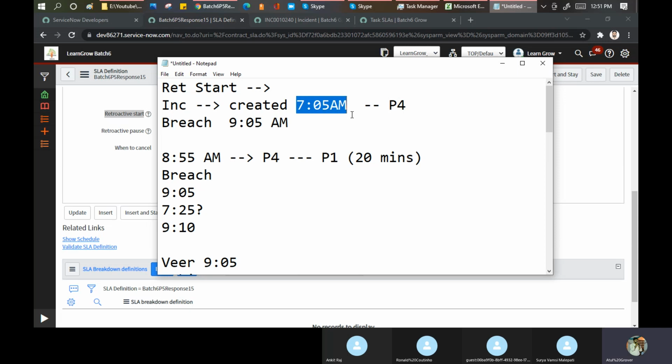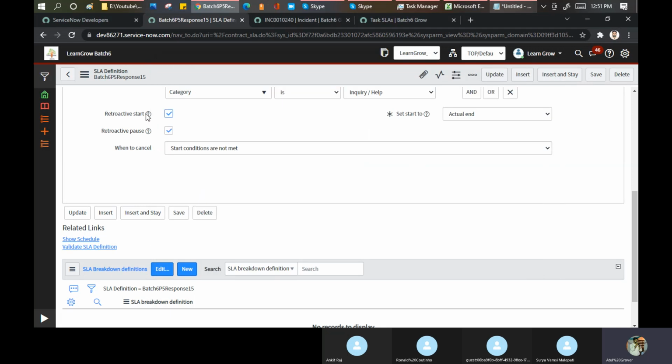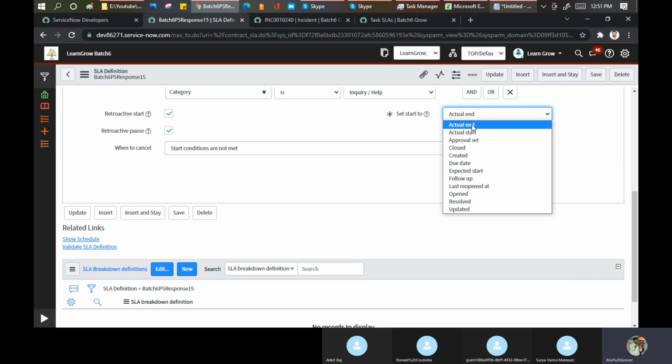Why did it take approximately 1 hour 55 minutes to understand that we should make it from P4 to P1? So this is called the retroactive start. In this case, we always pick up the actual start time. And in this case, I have an option of retroactive start. When you want to start your time, actual start time, what practice do I generally follow?